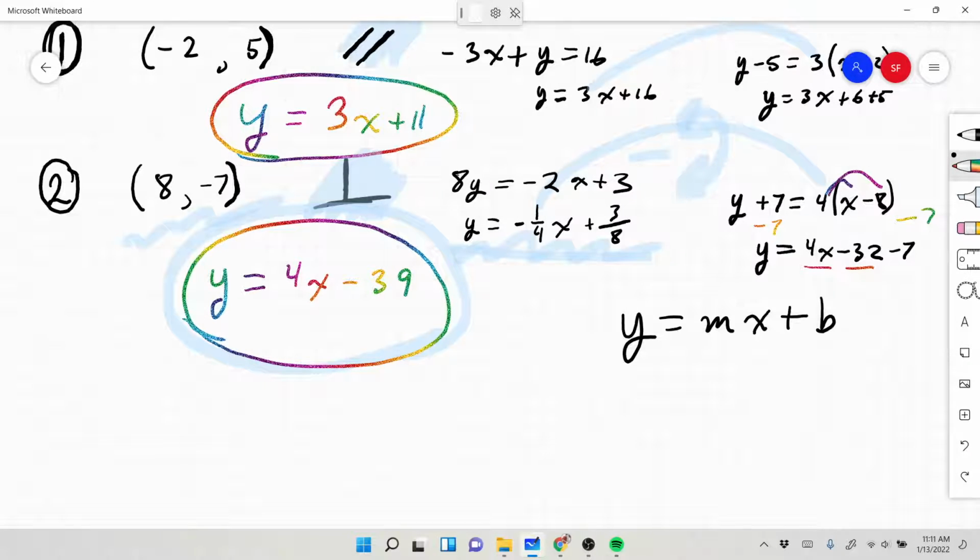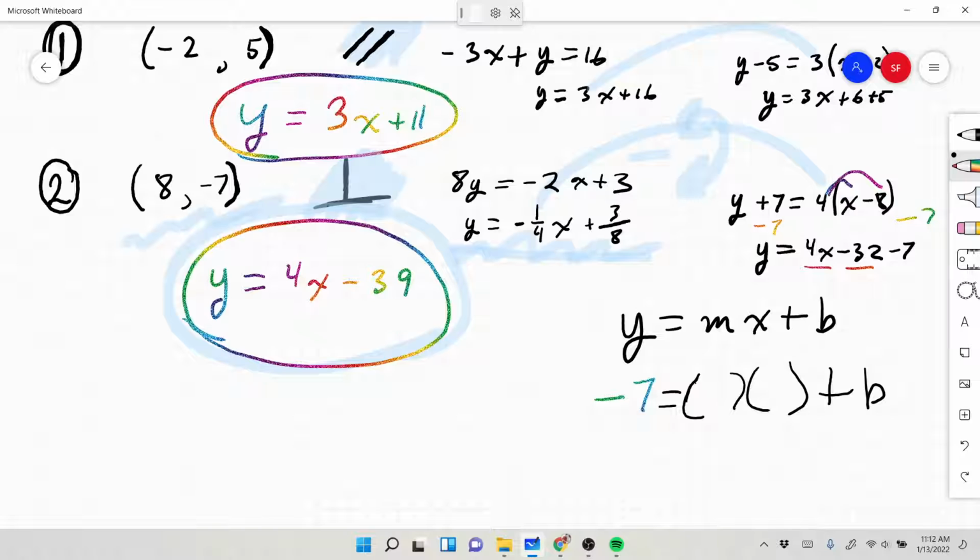Okay, if we did it this way, we would take and plug -7 in for y, right? Yep. And we would plug